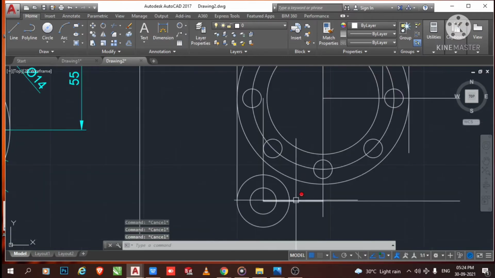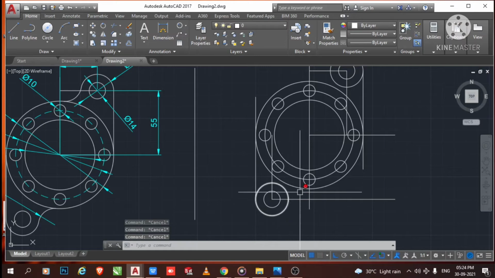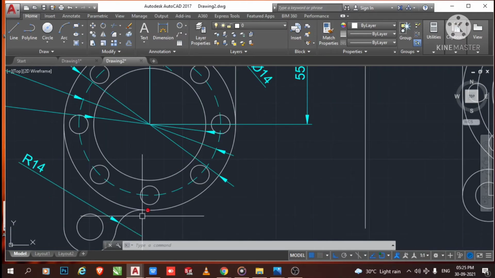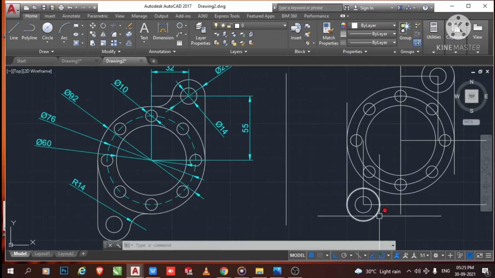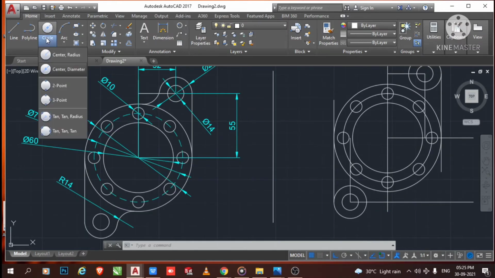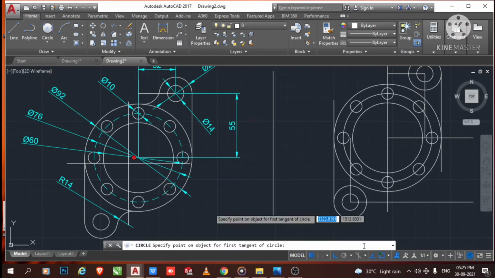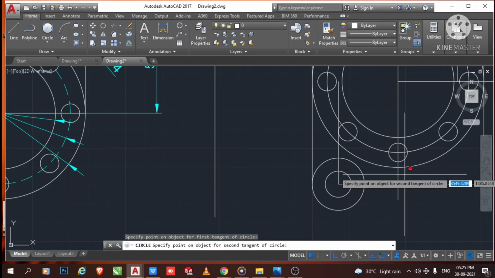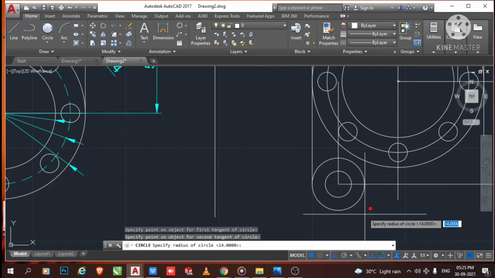Now here we apply the fillet of 14 radius to both circles. It's better to use tan radius. So select tan radius. Now select the outer of this circle and this circle, and it will ask the radius of the circle.